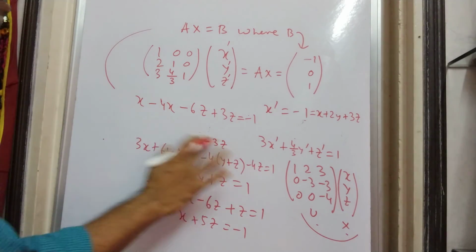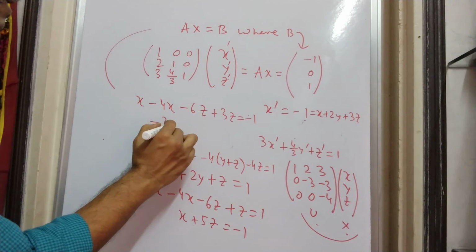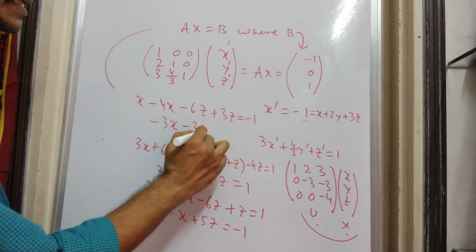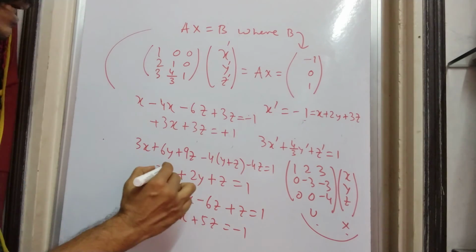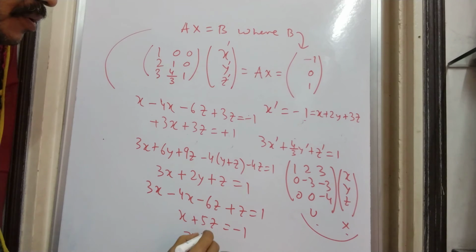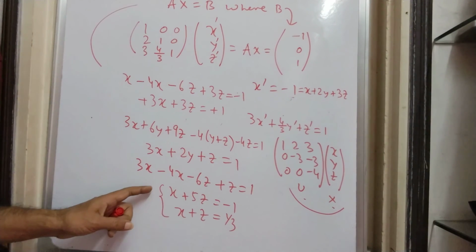So this becomes minus 3x minus 3z equal to minus 1. That is x plus z equal to 1/3. And you can easily solve these two to find the value of x and z,